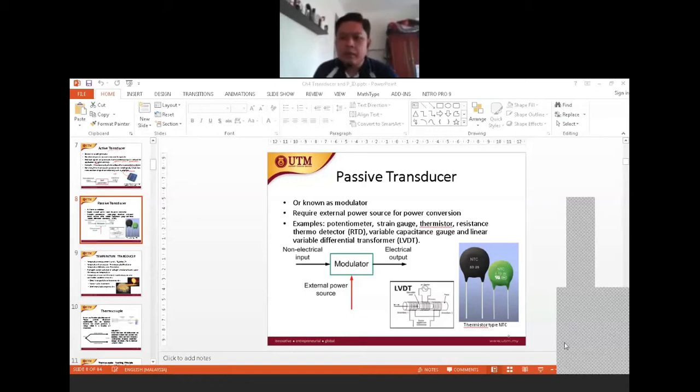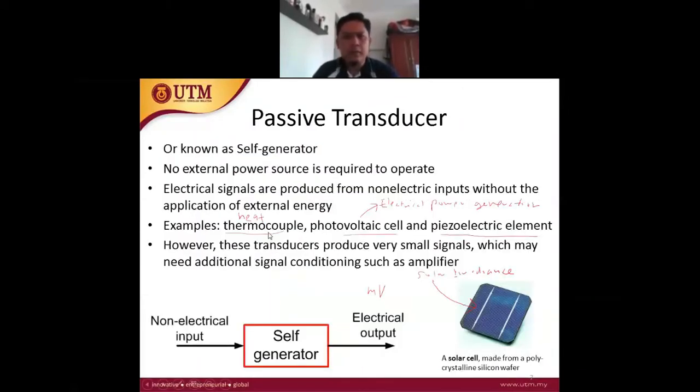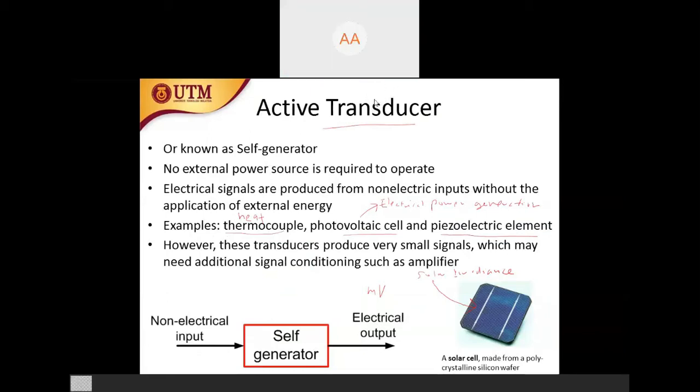Okay, right. So again, we continue this class today. Yesterday we stopped at our class on the discussion of active transducer. Okay. So today we're going to continue. We're going to look into the